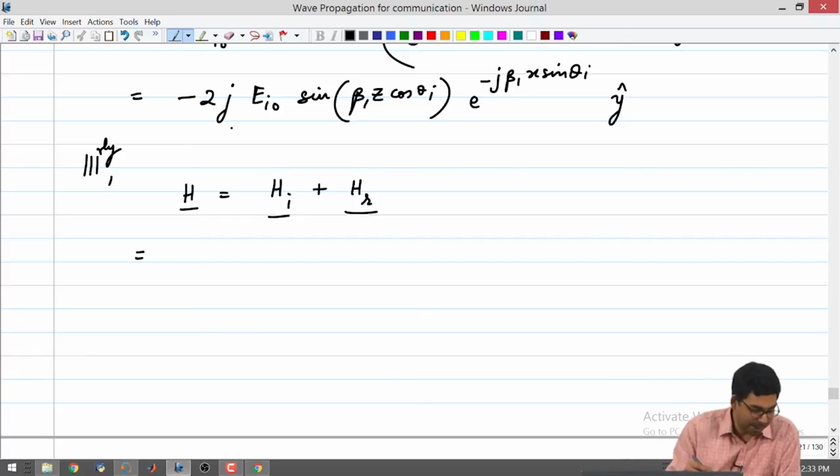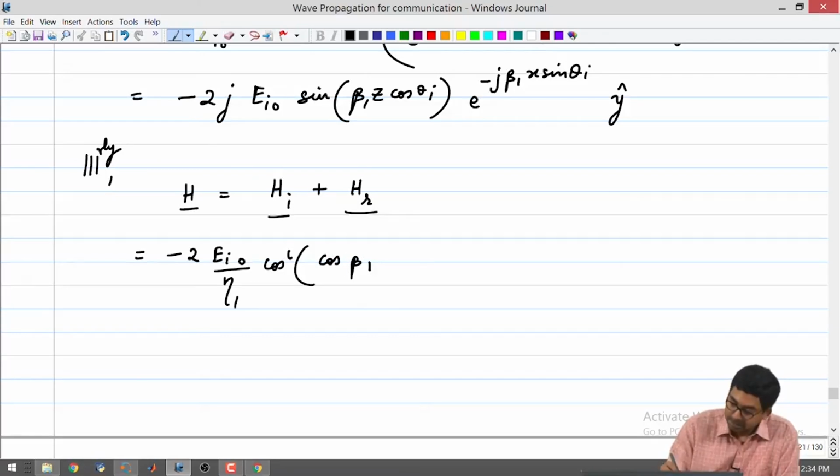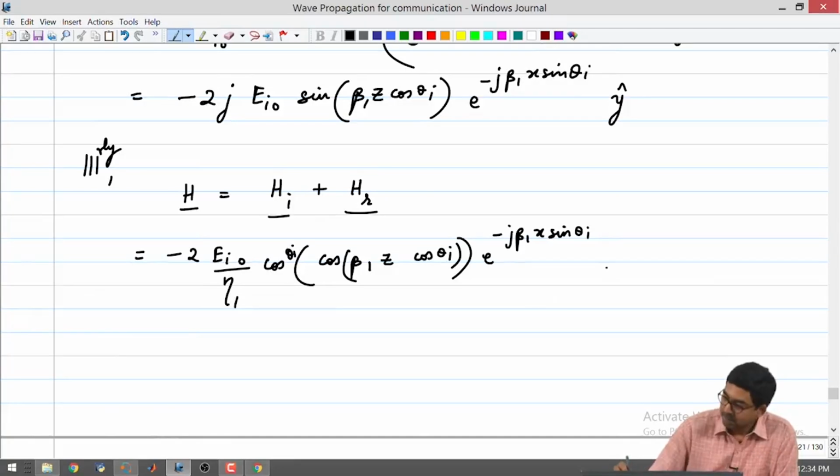So, I will just write it down, then we will talk about it. This is the x component, and then I have a z component which looks like